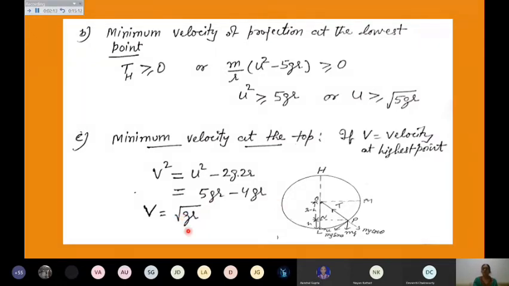But if it is less than this value, then of course the body will not reach up to that point, or it will slack in between. It will not be able to come by following the circular path. It can fall directly at the highest point, even if it reaches it somehow. So these two expressions are very important, and you should be able to derive them if it comes in your exam. This is a direct question for finding the speed at the lowest point and at the highest point, the minimum speed to complete the vertical circle.